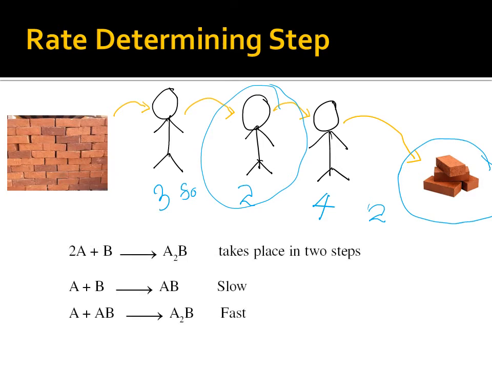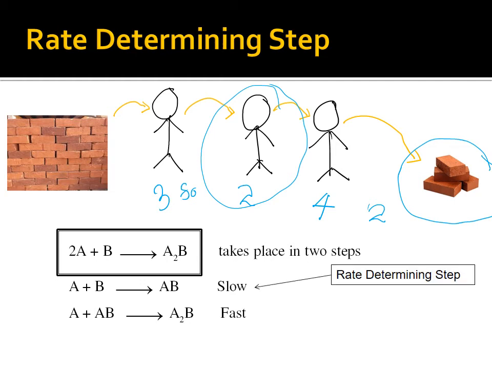Therefore, this kind of reaction also has the same rate determining step. In this example, 2A plus B converts into A2B using 2 steps. In one step, AB is formed by A reacting with B, and then this AB reacts with another A to form A2B. Here the slowest step is what we call the rate determining step,